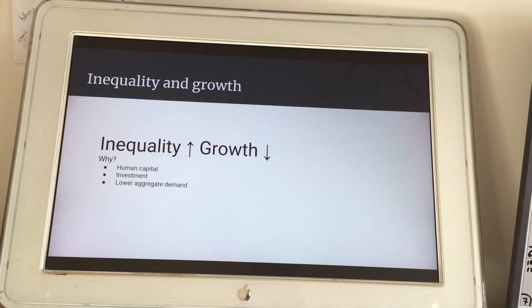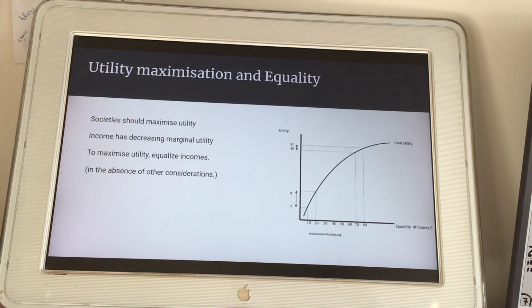And now let's look at another reason why we should have a completely equal society. It's the idea of utility maximization in relation to the marginal utility of wealth. So we start with the basic idea that society should try to maximize utility. The greatest happiness of the greatest number is our prime goal. We know that money has decreasing marginal utility. So total utility is increased if wealth is distributed equally, because rich people can't get as much pleasure from their